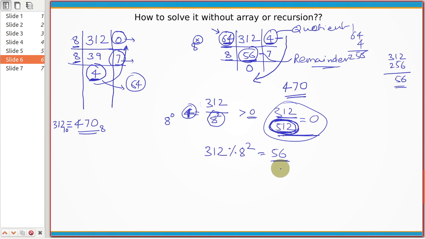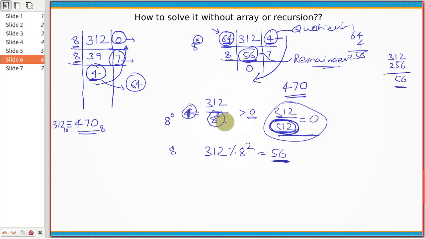So you already checked how many boxes of 8 raised to 2 you can make. Now let us check with the remainder of stars, how many boxes of 8 you can create. So now you divide this number by 8 raised to this number minus 1. This was 2, so now you divide it by 8, right? And get your answer. When you divide that by 8, it means that you can create 7 boxes and no loose stars would be left. So that is 0.